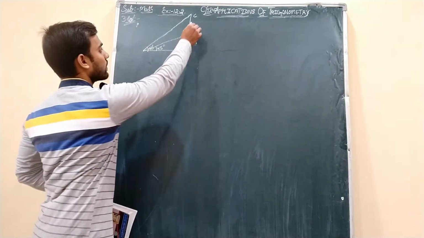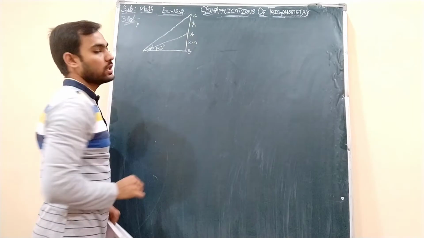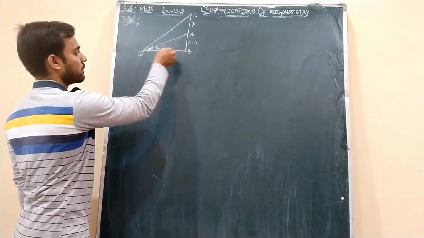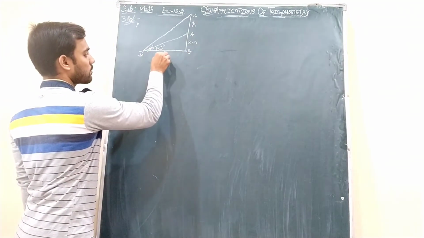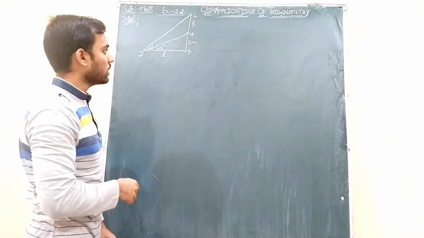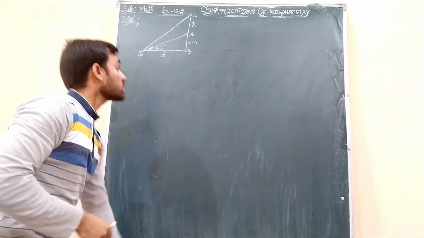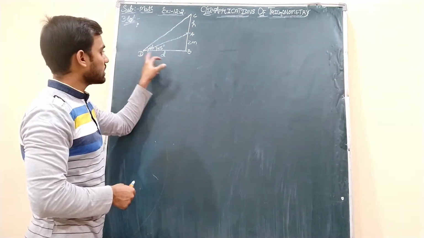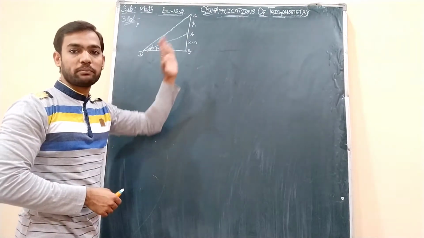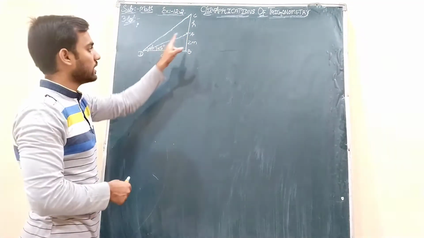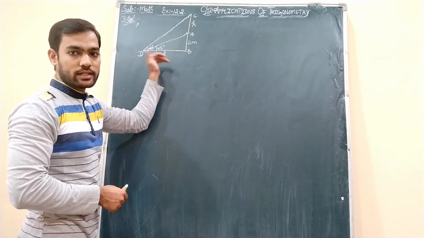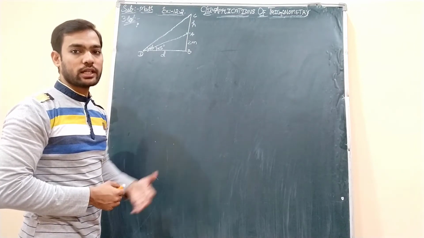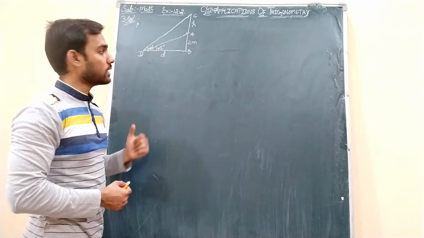Understand students? So we need to find the height of the statue. Let us take that as C, and this is the distance between the foot of the pedestal and the point. Let us take this as small d. Now there is a question of which ratio we need to take. See, the hypotenuse is not involved. These heights are involved and this distance is common for the pedestal as well as for the statue. So we will take the opposite side and the adjacent side. So it involves which ratio? Tan ratio.